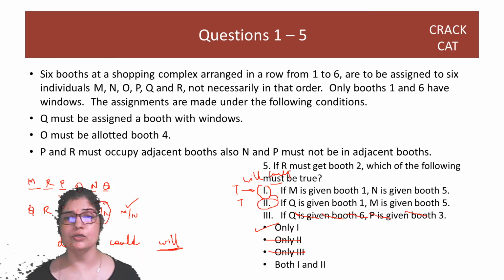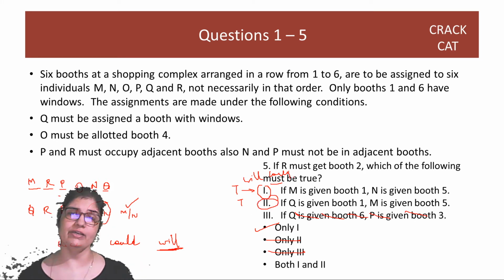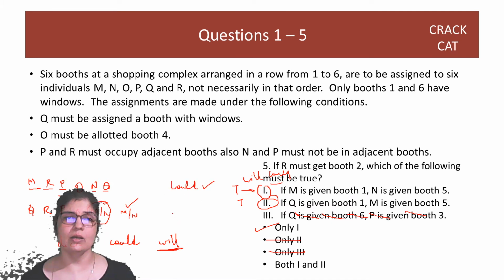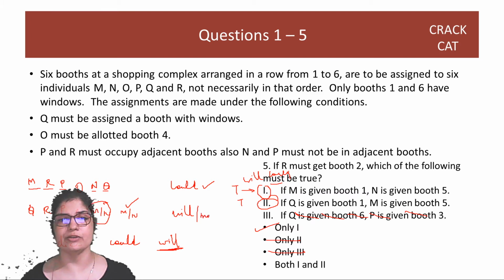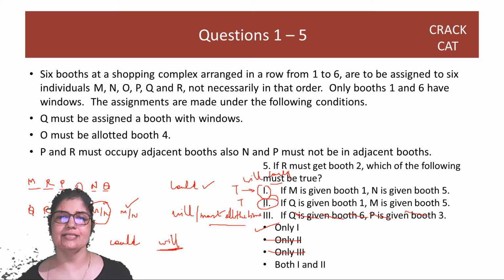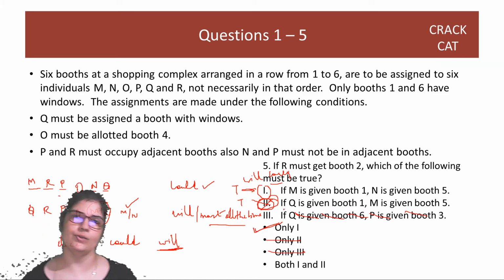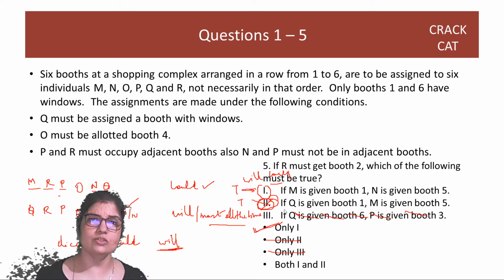So I want you all to pay attention to the language when you're solving. Is it about a unique solution or is it about can it happen? Could means even if it happens once, you can mark it, right. Will means it has to, will or must, right? It means it has to happen all the time. So in this case, the second option is a could-be option. It is not a will-be or a must-be option. So it is out. 1 happens all the time. So the answer is option 1, which is only 1. Right? Great. Now let's do 6 and 10.